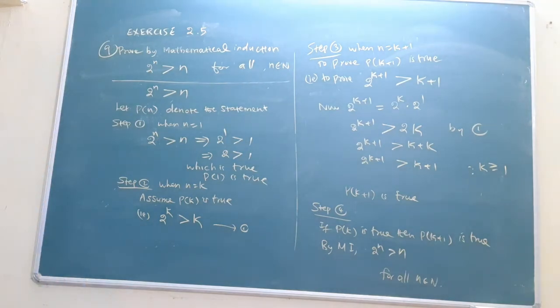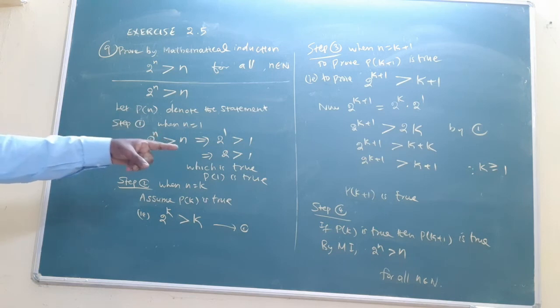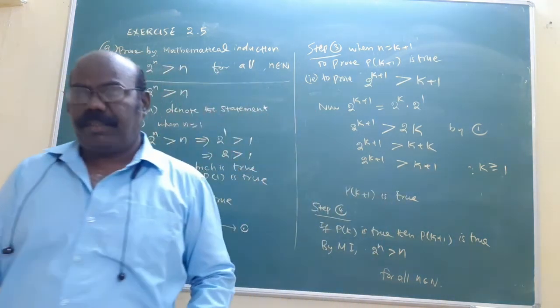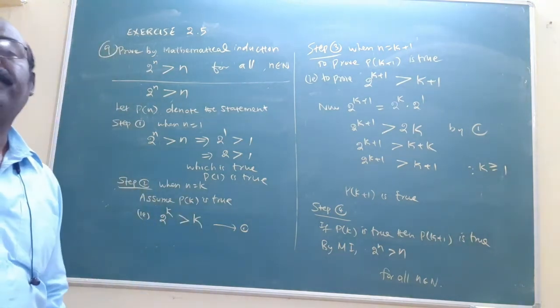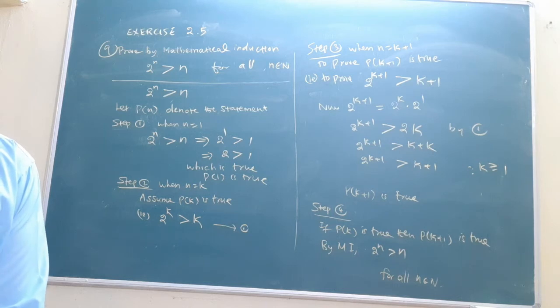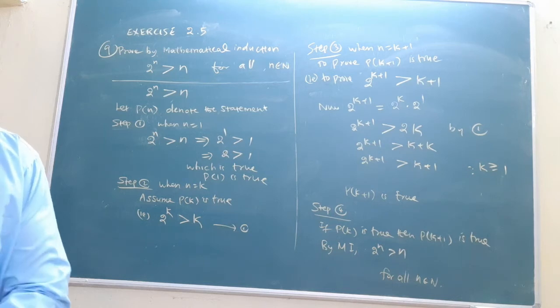This is a very simple concept. You want to prove 2 power k plus 1 greater than k plus 1. 2k can be k plus k. k is greater than or equal to 1, you know. That's why, already the greater symbol is there. Greater symbol is there. That's why plus 1. That's all. Now all the exercise problems are over. Now only the example problems remain. I think 3 or 4 problems are there.